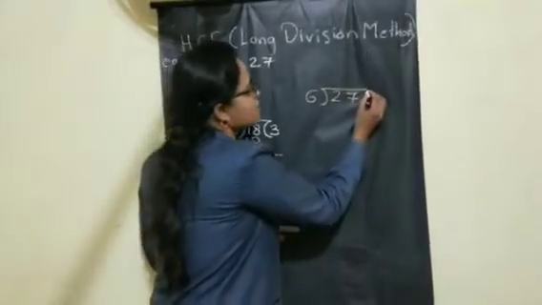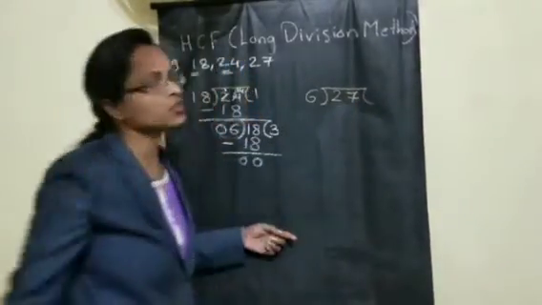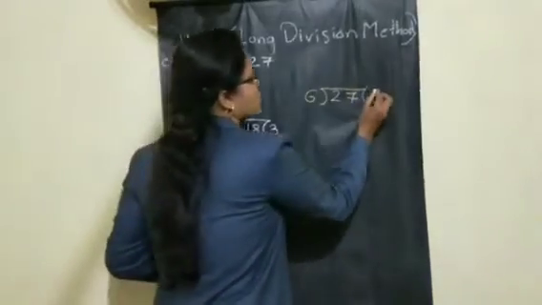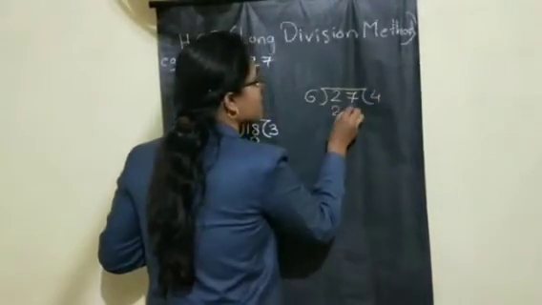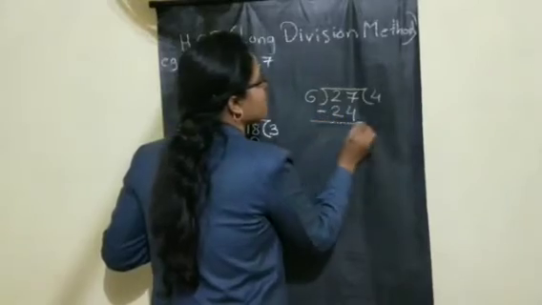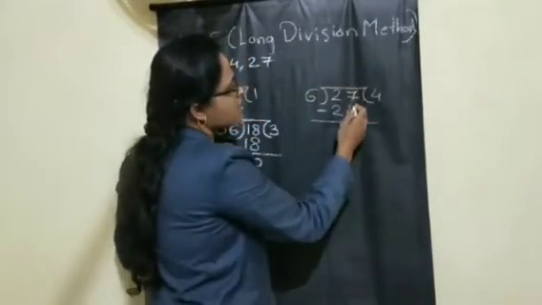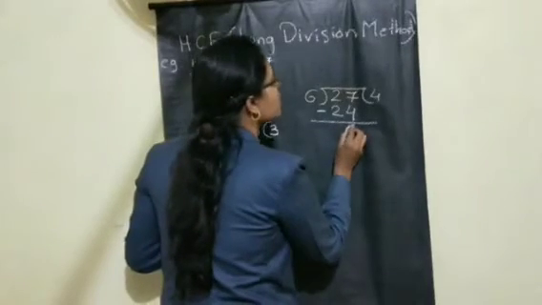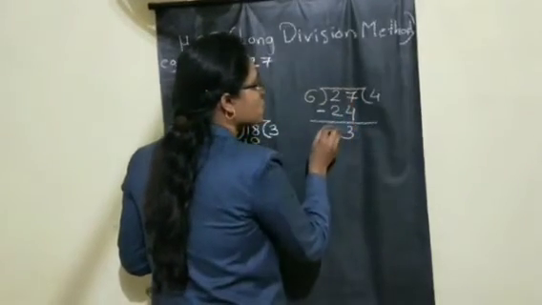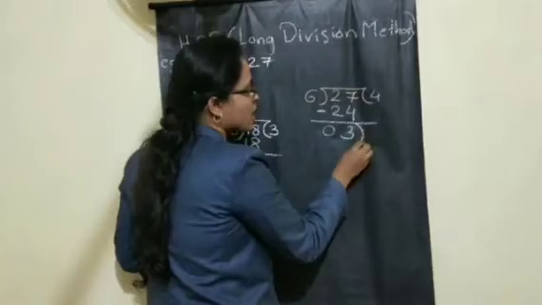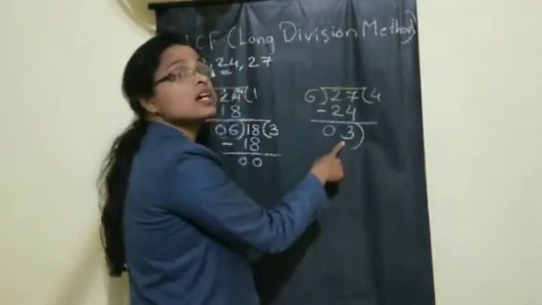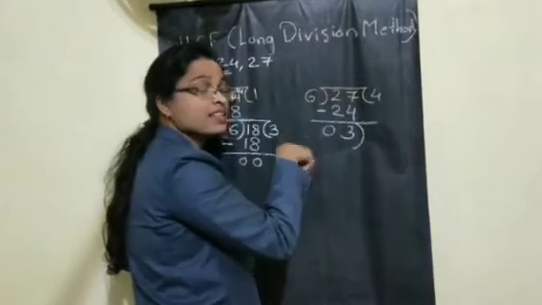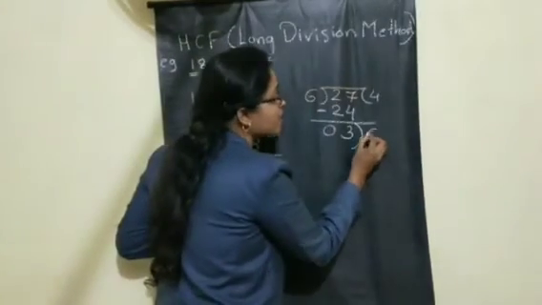Now again let us do our same division. So in the 6 table, is 27 there? No. Then 6 4s are 24. So 6 4s are 24. Do the minus, get your answer. 7 minus 4, children, 7 minus 4 is 3. And 2 minus 2 is 0. Now this 3 is our new divisor, and the old divisor is our new dividend.